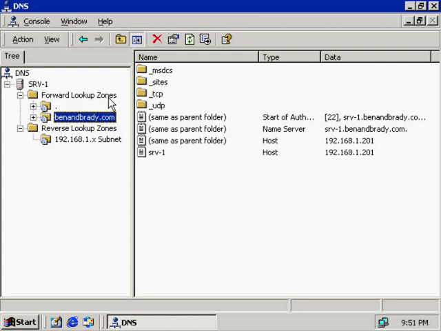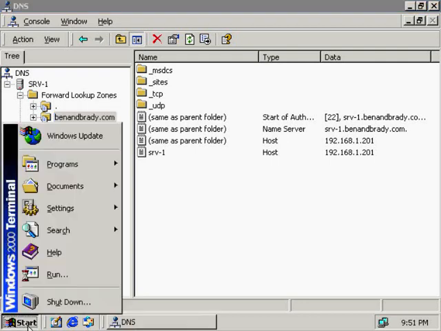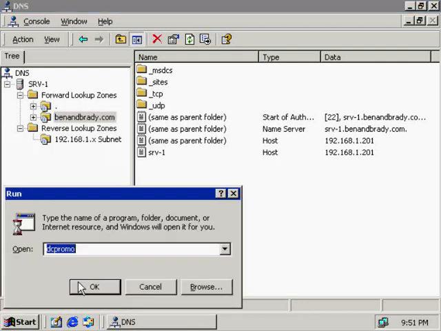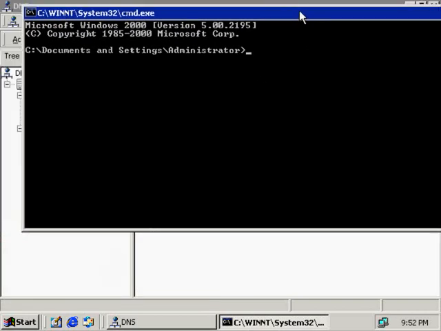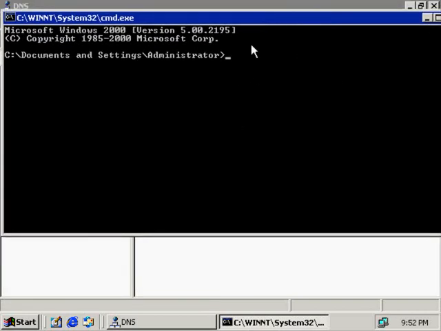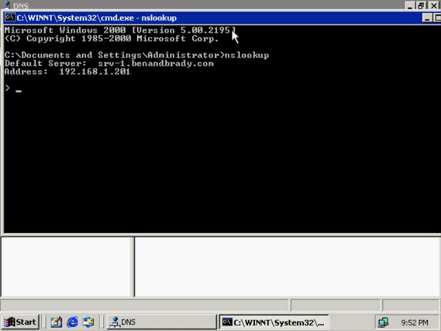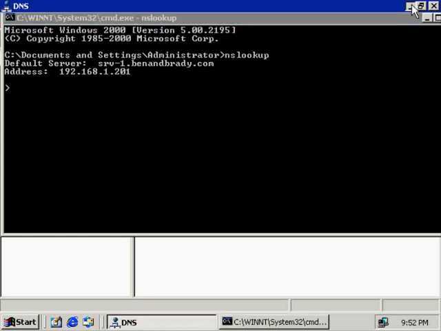Okay, let's take a look at a troubleshooting tool that we'll utilize further on in this lab, but let's get a feel for how it works right now. And that's going to be NSLookup. NSLookup is a command line tool that's used to troubleshoot DNS. Okay, and you get to it by going to the command prompt and then typing in nslookup, name server lookup. When you hit enter here, it does an automatic query to whoever you have configured as your DNS server. Okay, so let me minimize this a second and show